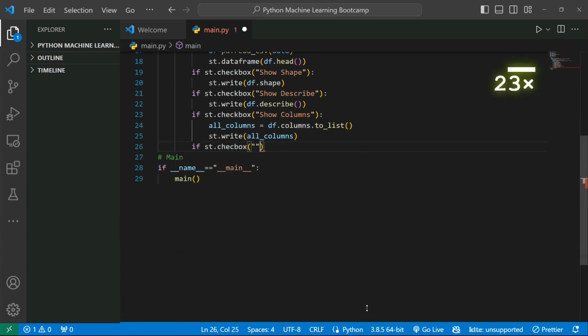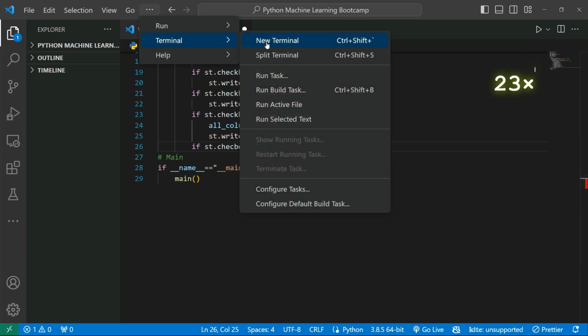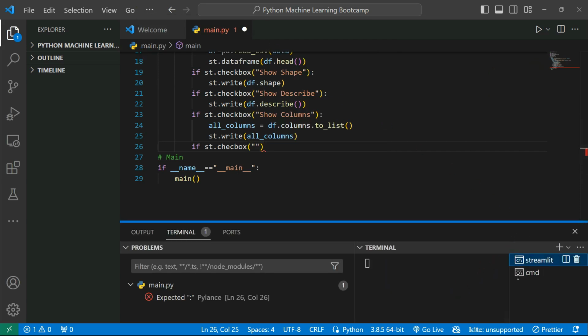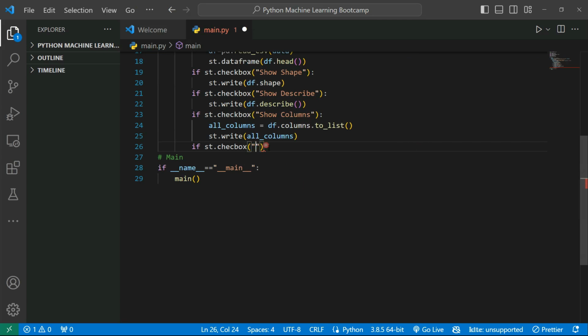Okay, let's make this smaller. Okay, it's gone, no problem. If I go to the terminal again, let's say a new terminal, you can see it running also, right? Okay, no problem right now. Then what I can do is simply give the show selected